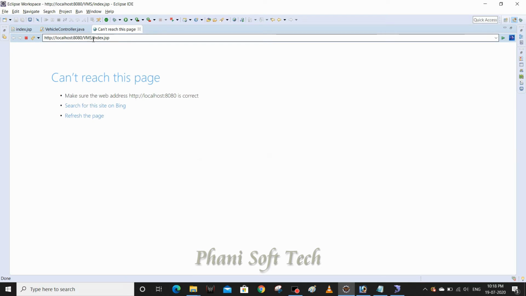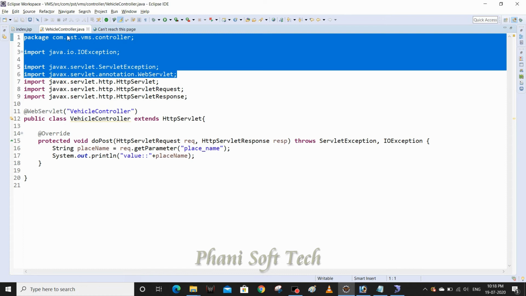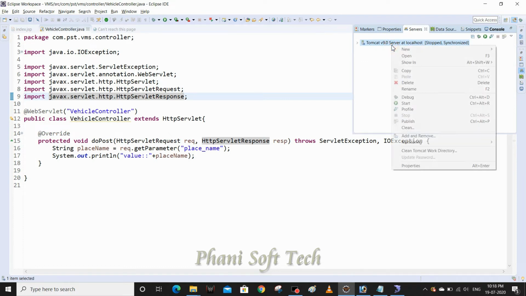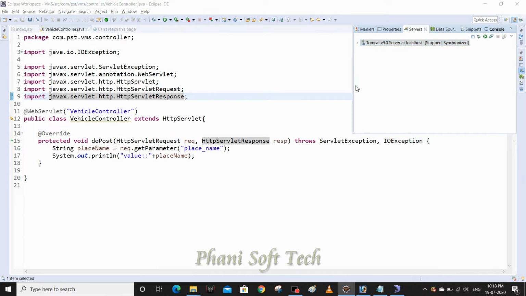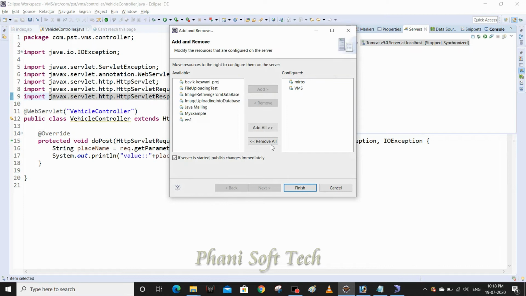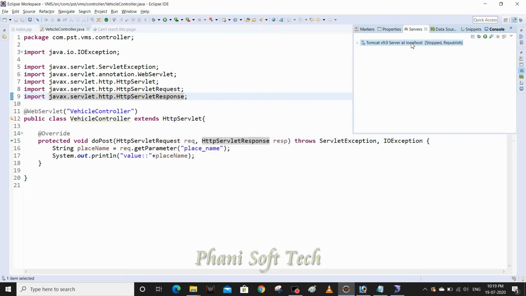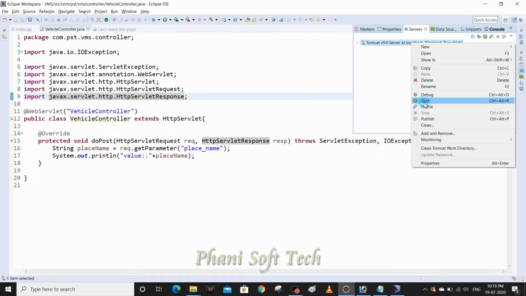What will happen? Okay, let me undeploy my other projects, add and remove. So undeploy all and deploy only VMS. So start the server now.